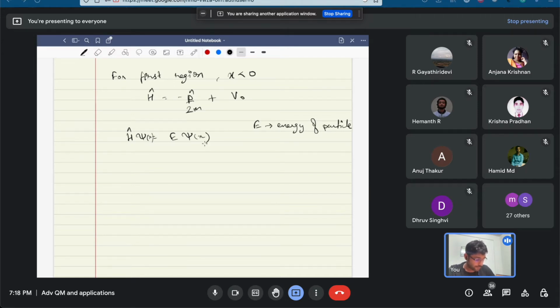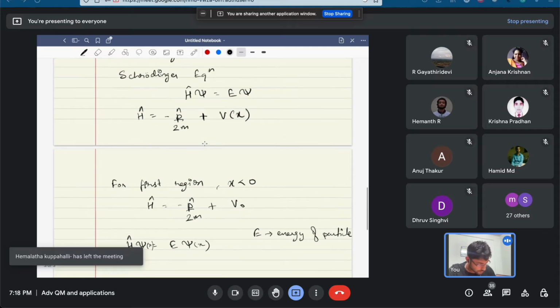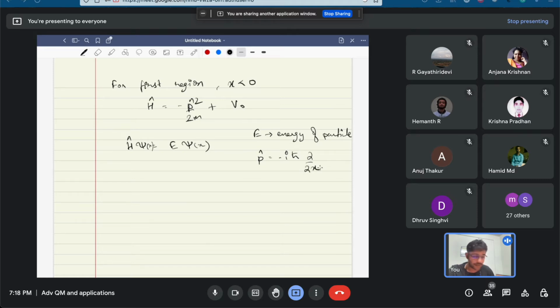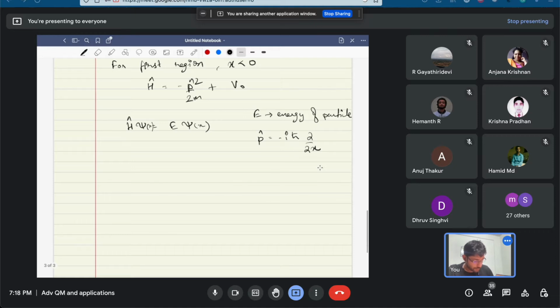Sorry, I missed a square here. Also, we know the momentum operator is defined as P equals minus i h bar del by del x, that is a partial derivative with respect to x. So putting this here, what we get is H will be